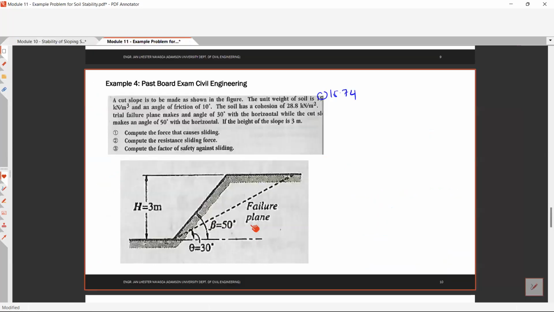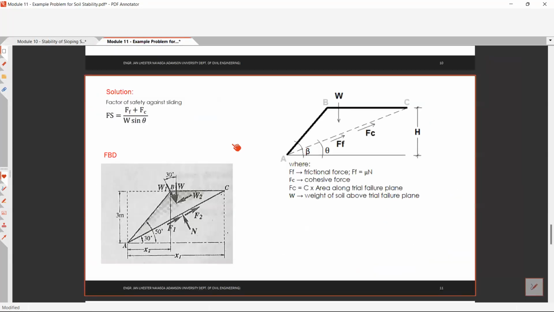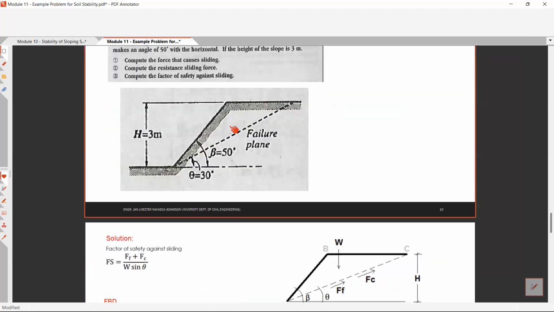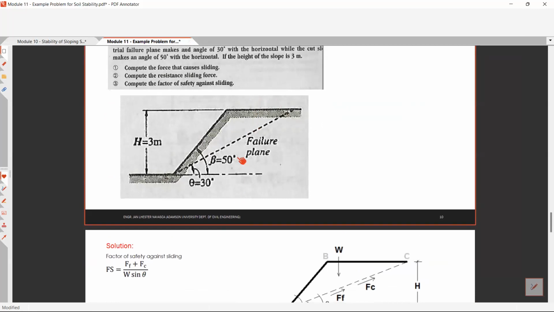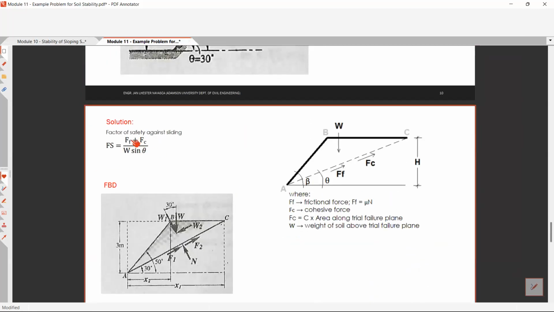Okay. So, a factor of safety against sliding, given this finite slope, is given by this formula, FF plus FC over W sine theta. Okay, so balikan natin ano yung mga forces na to. Okay, so recall that if you have